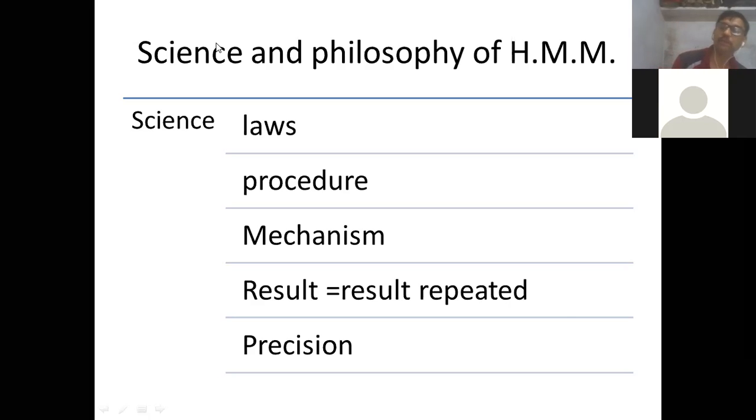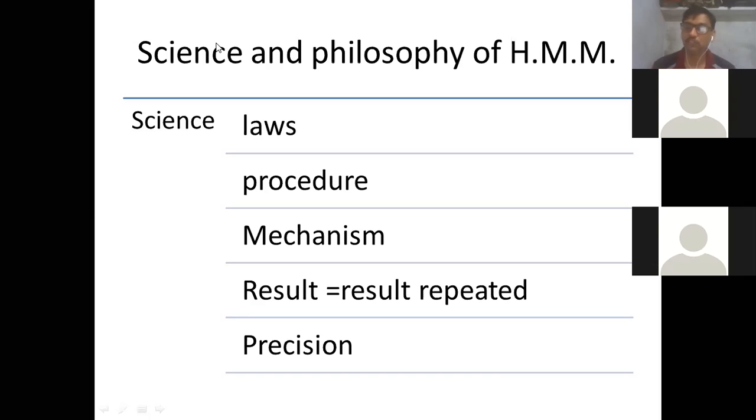The results are repeated in spite of different situations, and there is a precision. Therefore, all these features of science are also carefully followed by homeopathic materia medica. That's why we can conclude that homeopathic materia medica has a uniqueness, and that uniqueness is in its science and